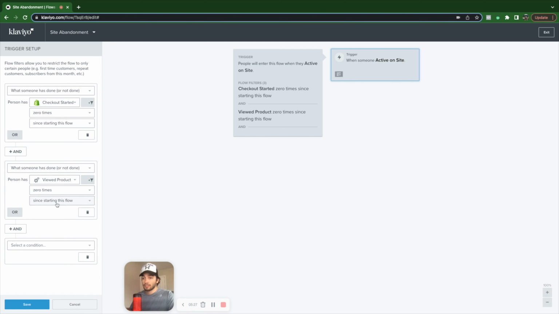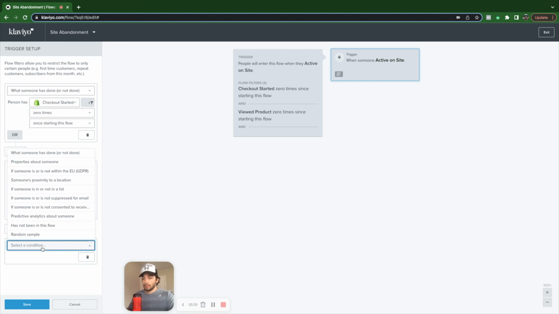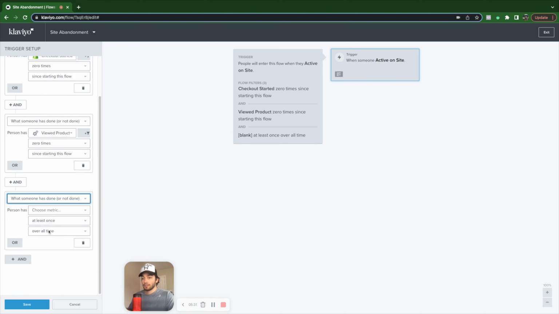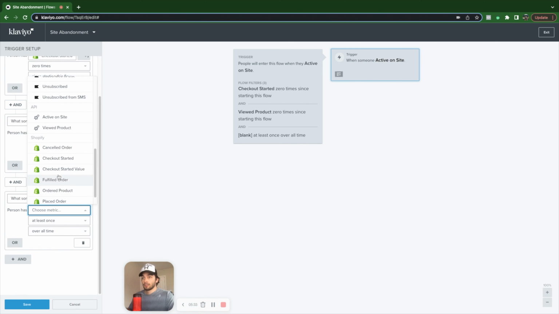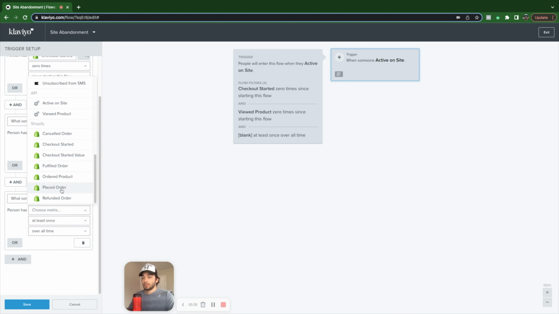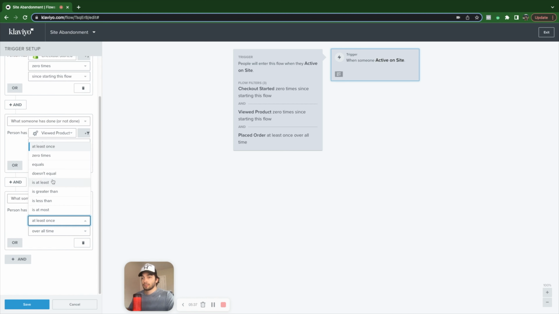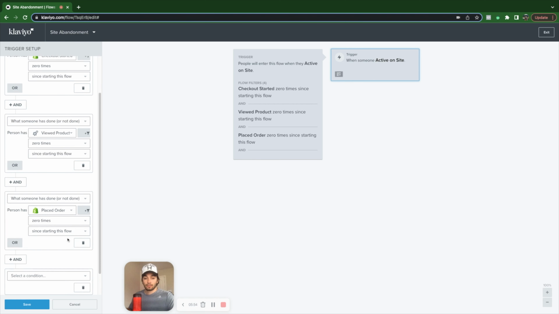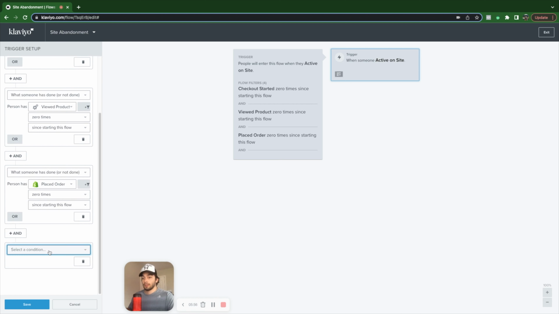Another one that I do like to add as well is when someone has placed order zero times since starting this flow. Again, we want to make sure none of these flows are overlapping. So if someone's already placed an order, they're going to receive that post-purchase customer thank you flow, if you have that set up. And then